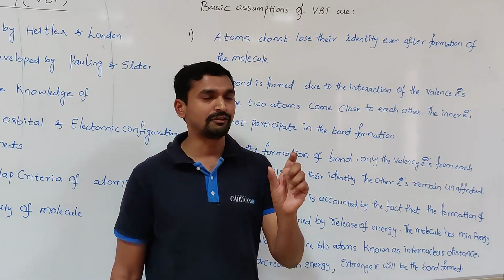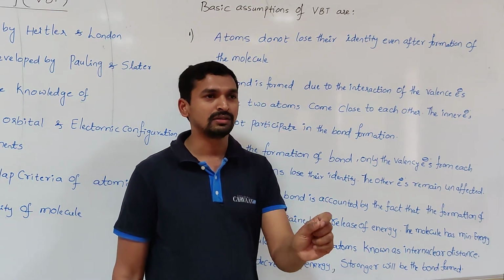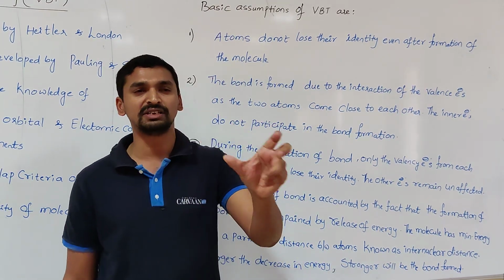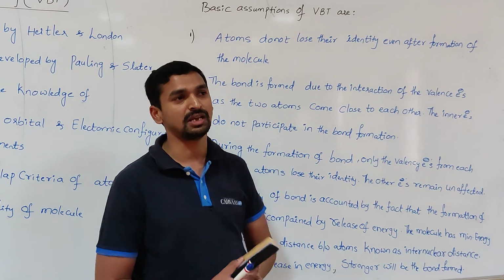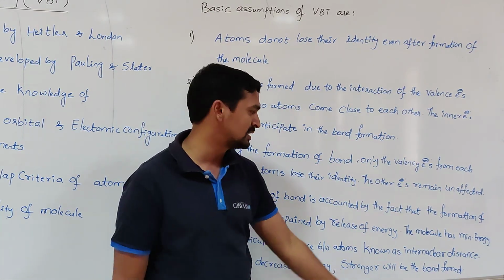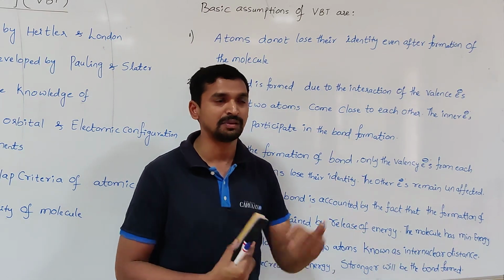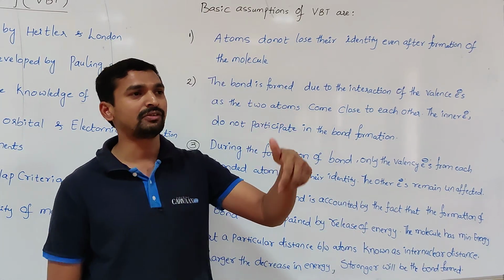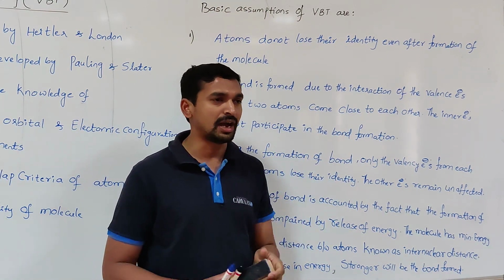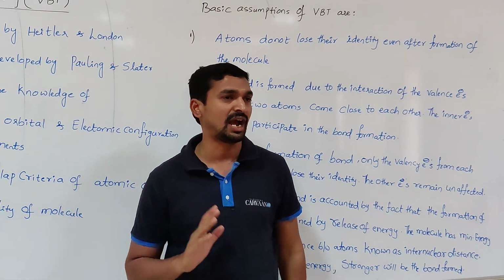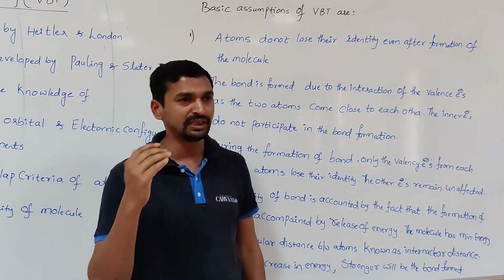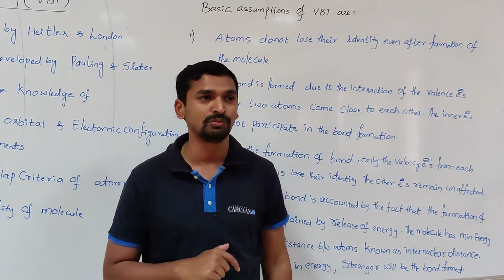So in the formation of a molecule, the molecule acquires a state of minimum energy, which always corresponds to maximum stability. At that stage, the distance between the two atoms is called the internuclear distance. It is different from one molecule to another. For example, in the hydrogen case we discussed, the bond length is 74 picometers, whereas in fluorine, the bond length is 142 picometers.